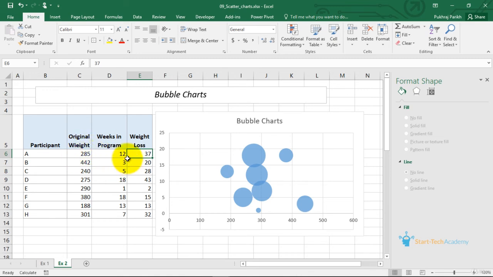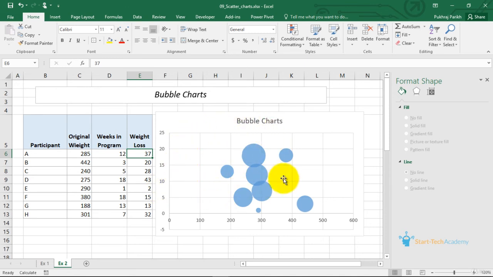I want to find out the effect of these two variables in determining this third variable. So I'll use a bubble chart which will have on the x-axis the original weight of each individual participant. On the y-axis it will have the number of weeks the participant was in the program, and the radius of this bubble will be this third variable.